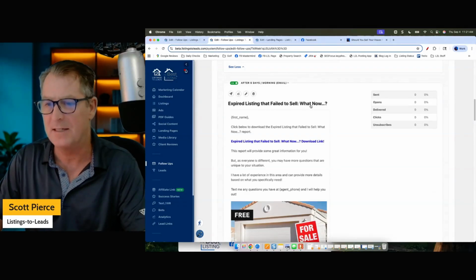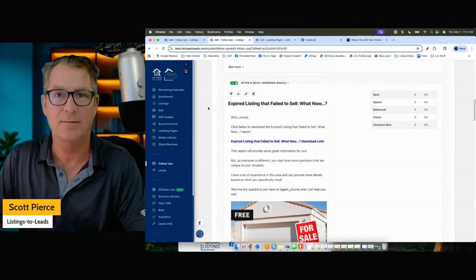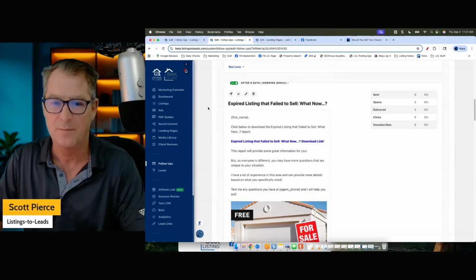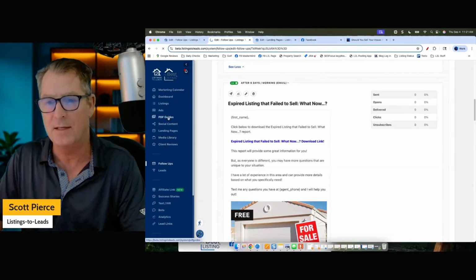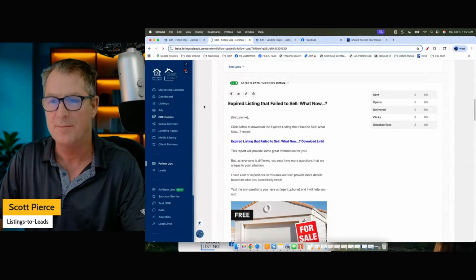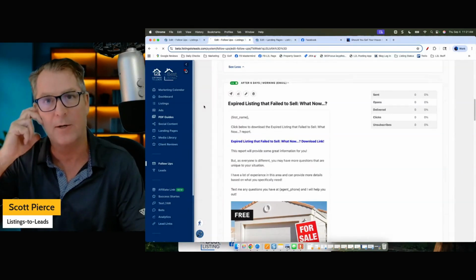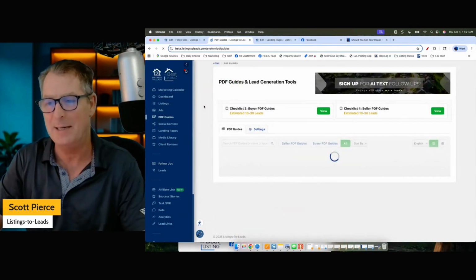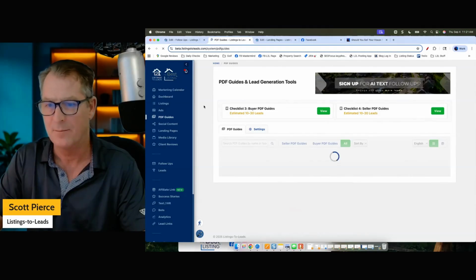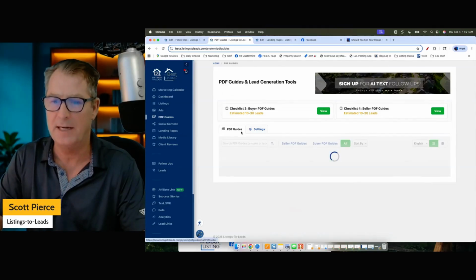Expired listing that failed to sell. Now what? That's just a PDF guide for expired. So if I go to PDF guides, it's already created. I don't have to create anything. I'll just go grab that code and I'll just add a next step. I'll drop it in to be the second email that will go out automatically. So in Listings to Leads under PDF guides,